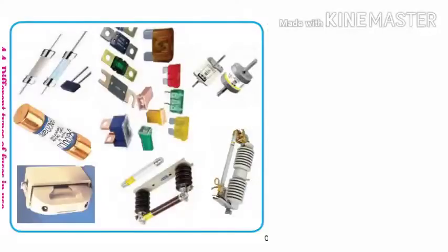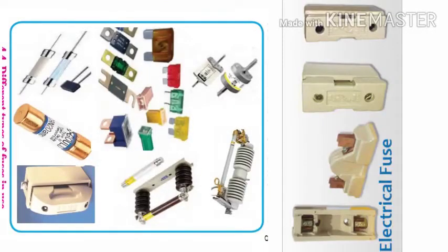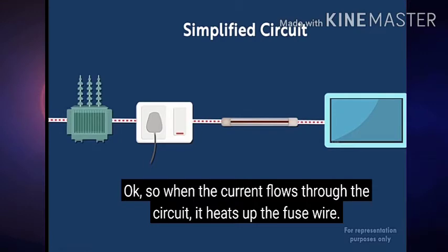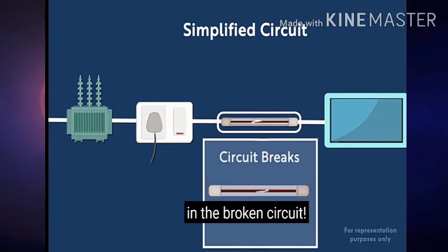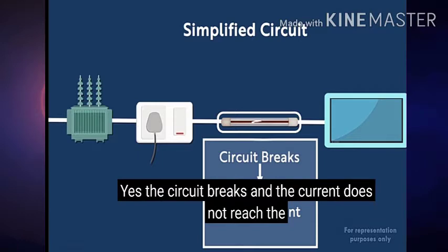Therefore, a fuse wire is used as a precautionary measure, which is an example of the heating effect of electric current. We have learnt about fuse wire in the previous standard. As soon as a high current flows in a circuit, the fuse wire melts and breaks the circuit, and any mishap is avoided.